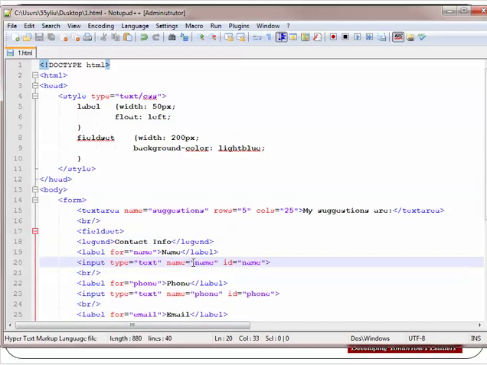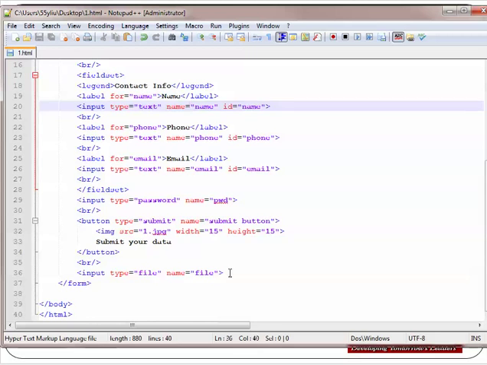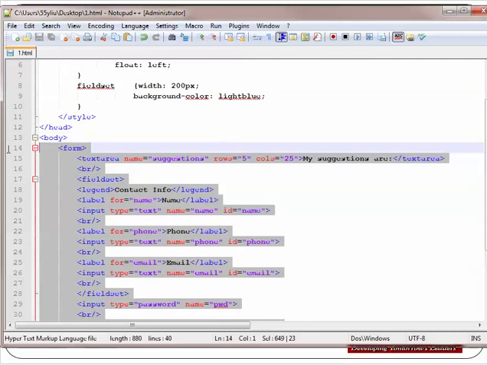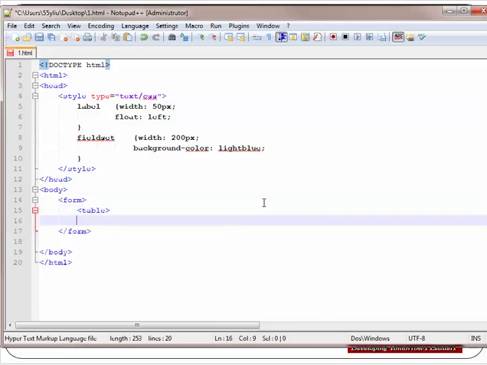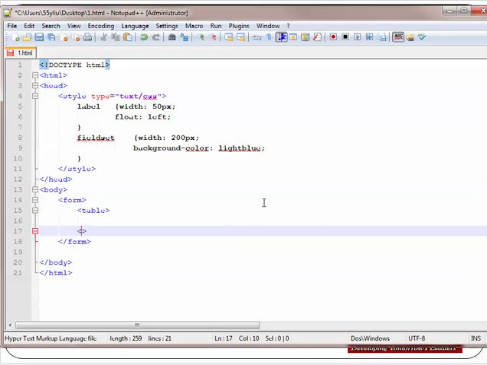So in our coding, here I want to delete everything to make it simple. Here we have a form. Then inside the form, we put a table. Here is very important. So we need to put a table inside the form. Don't put the form inside the table. And when we close it,